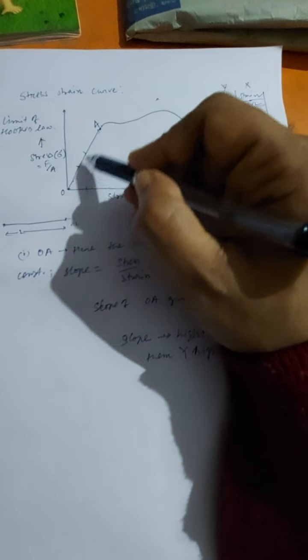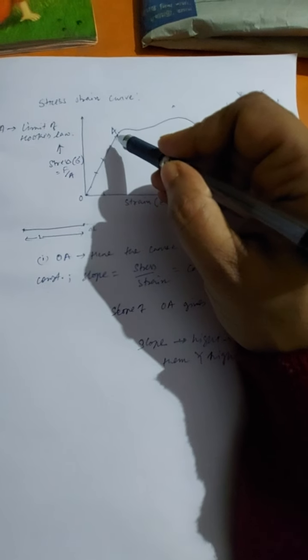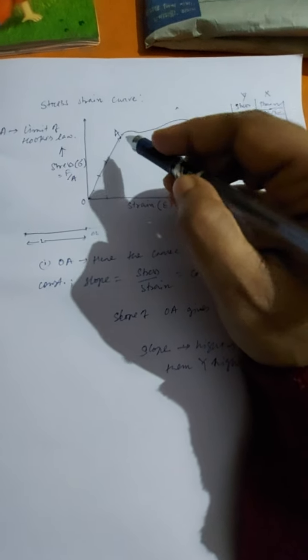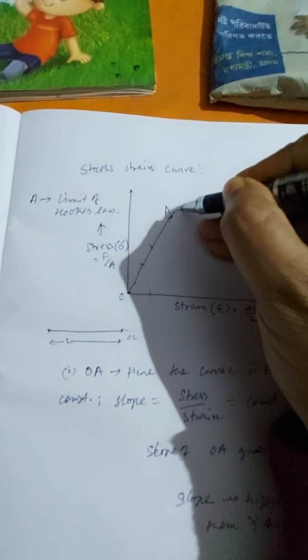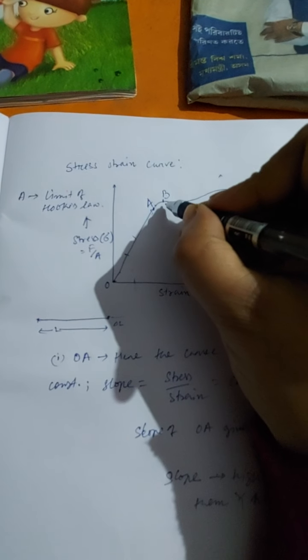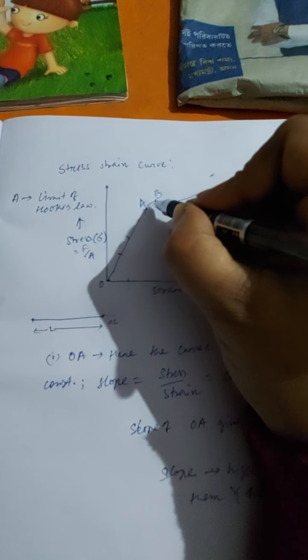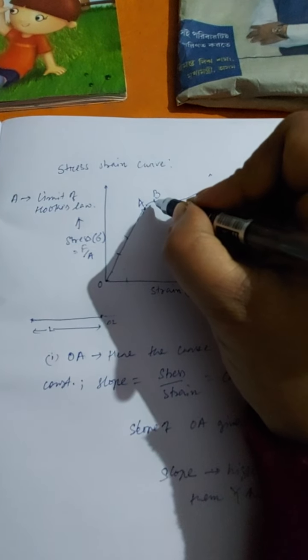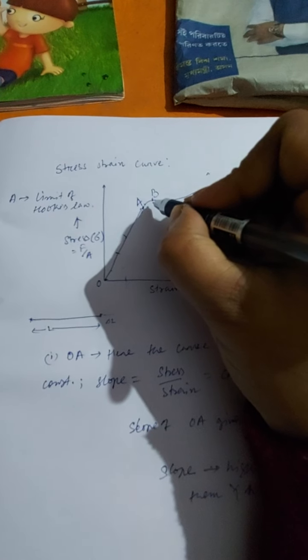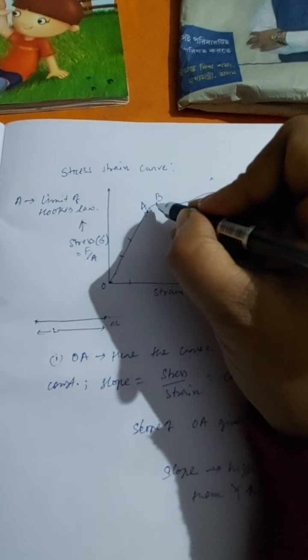So in any point on this will happen. This is a property of elasticity, that is, OA is within the elastic limit. Now say here in this point there is another point called B. As you can see from A to B, what happens? The slope is changing, that is, the slope is not constant. So from A to B, the slope is changing and it is not constant, hence Hooke's law is